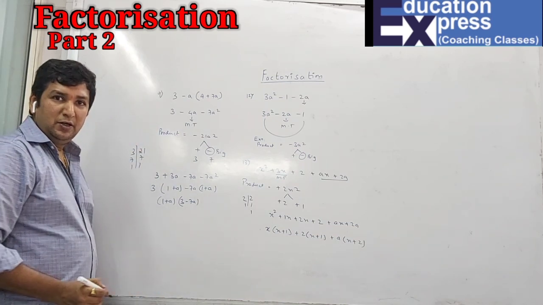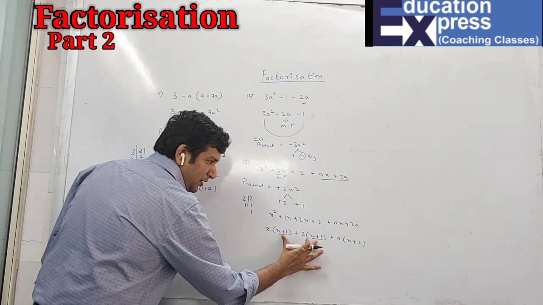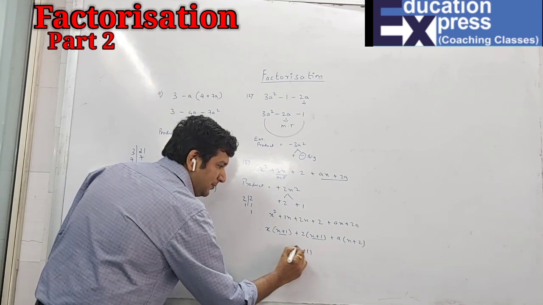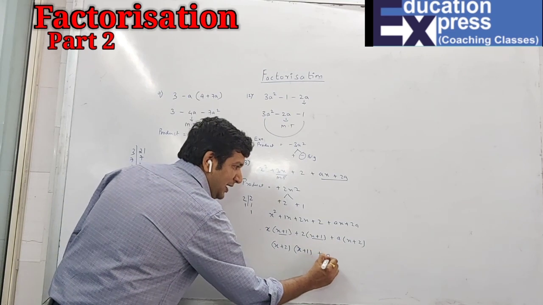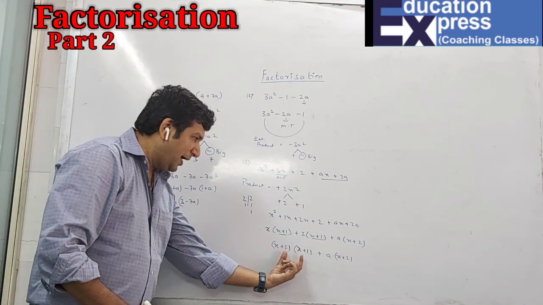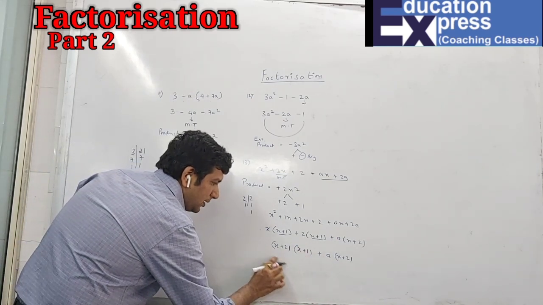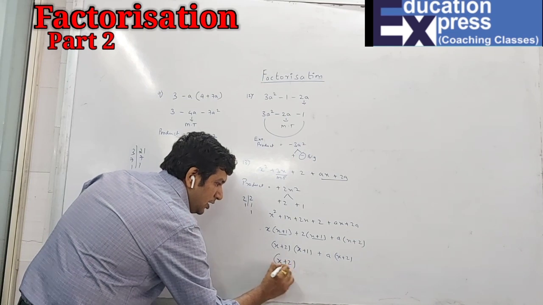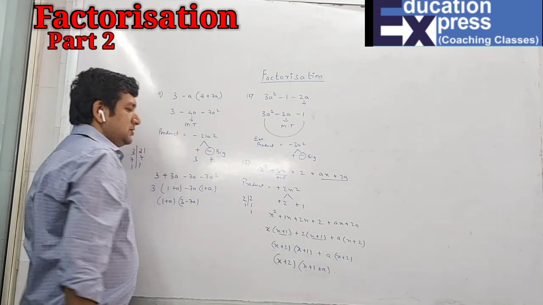Students, done everyone? Clear? Now can you see that these 2 terms have x plus 1 common. So first I'll take x plus 1 common between these 2, and what is left is x plus 2. And then plus a times x plus 2. Again, this is a binomial, one term and second term. Again I can take x plus 2 as common. So after taking x plus 2 as common, what is left? x plus 1 plus a. This is the answer.